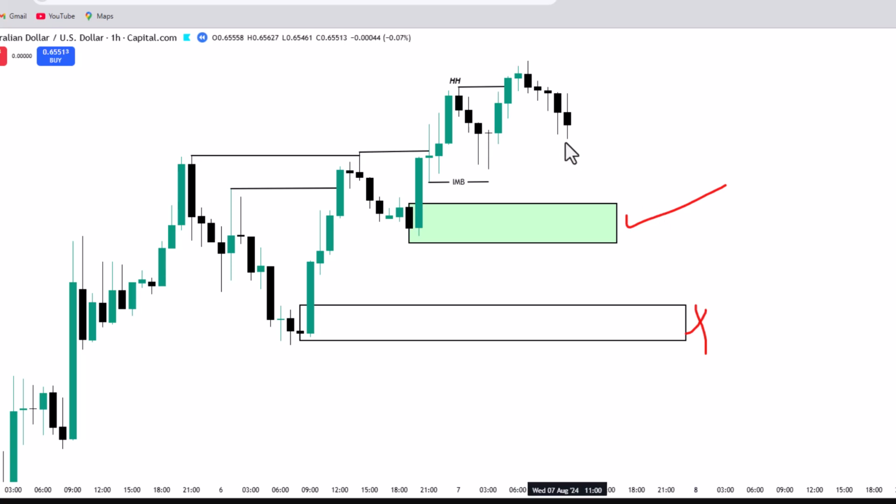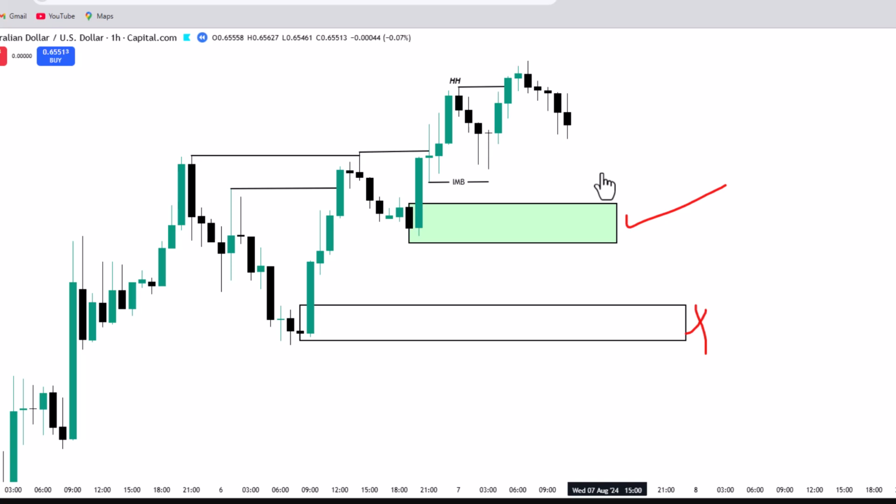So, what do we expect now? We expect price to come down into the true demand zone, maybe even sweep a bit lower to take liquidity, and then push away hard. That sweep is what often fools traders. They see price break below the level, panic, and think the market is done. But that move below can be the very thing that triggers the next rise. This is why inducement matters. It helps you understand where the market is trying to pull people in, and it helps you stay patient while